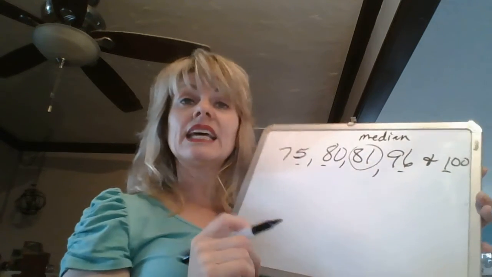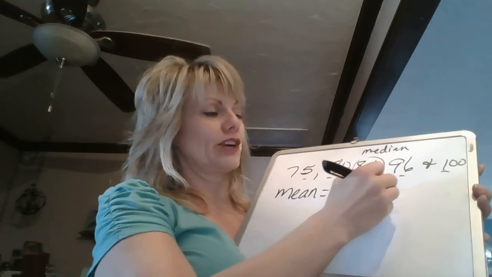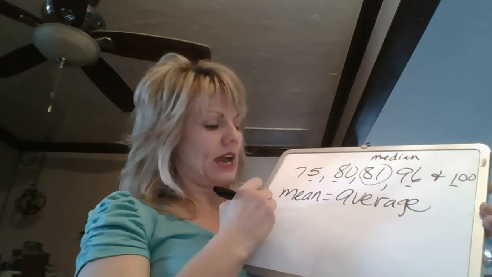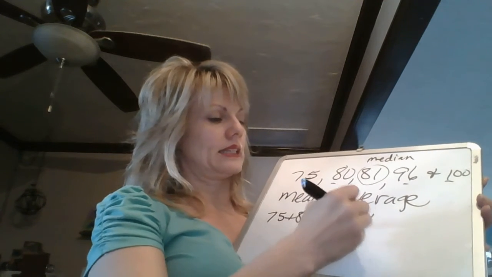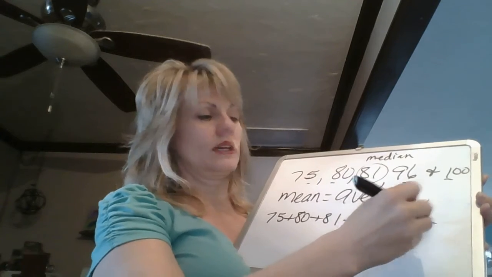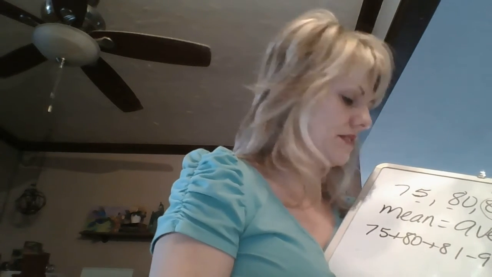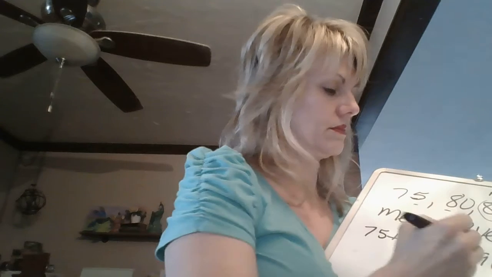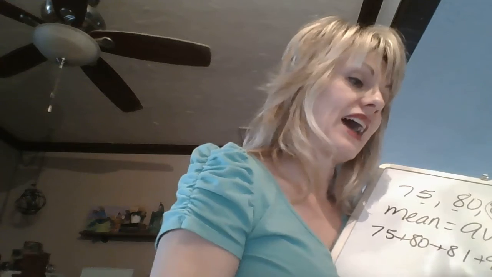If I want the mean, which is the same thing as average, I have to add them all up. 75 plus 80 plus 81 plus 96 plus 100 equals, and I forgot to write that down, so let's do that. You can do it on your calculator too. 75 plus 80 plus 81 plus 96 plus 100. That equals